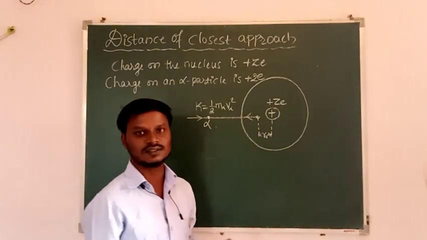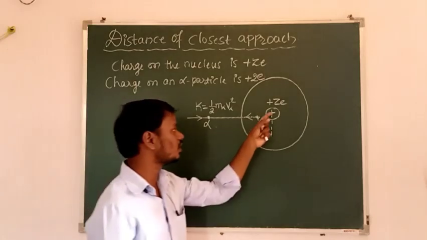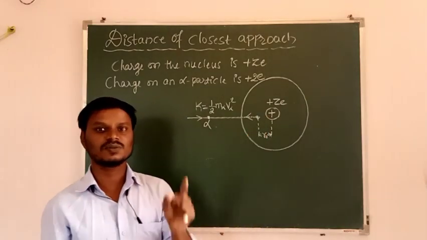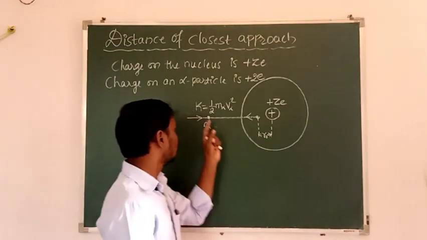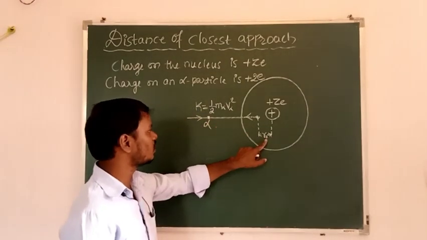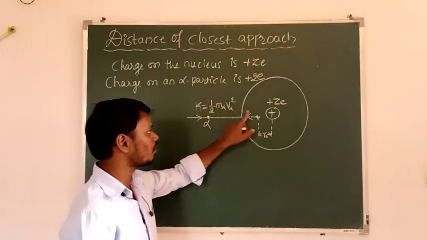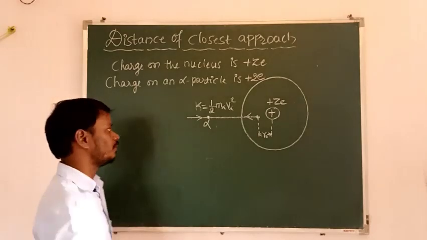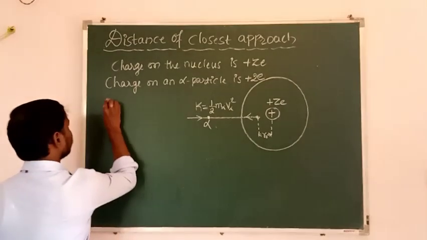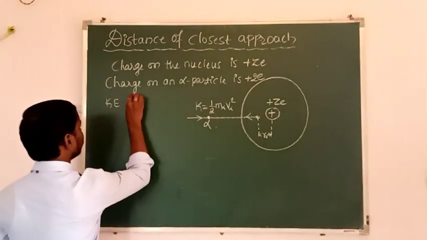So here work is done by the potential due to the nucleus, and this work is stored as which energy? That is electric potential energy. It means at the distance of closest approach, the kinetic energy of the alpha particle is converted into the potential energy of the alpha particle. Then initially the kinetic energy of the alpha particle is